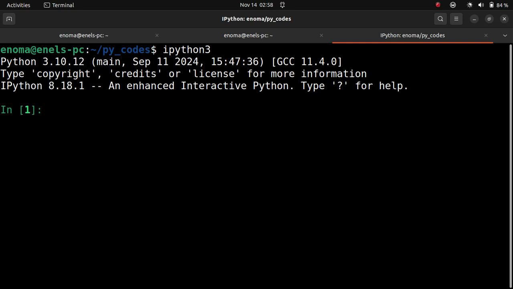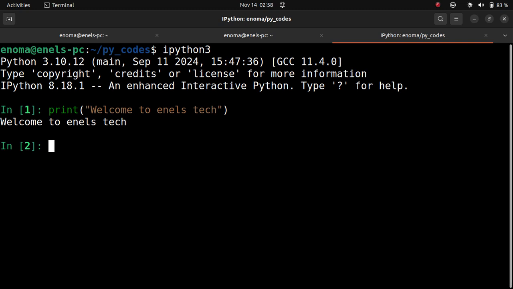So let me print out this thing, and you see welcome to NLS Tech. It's even in my cache, what I did just now, so I don't have to run anything. Immediately I write a particular command, it's like issuing a command. Immediately you issue the command, it goes voila, you're done. If you have an error in your